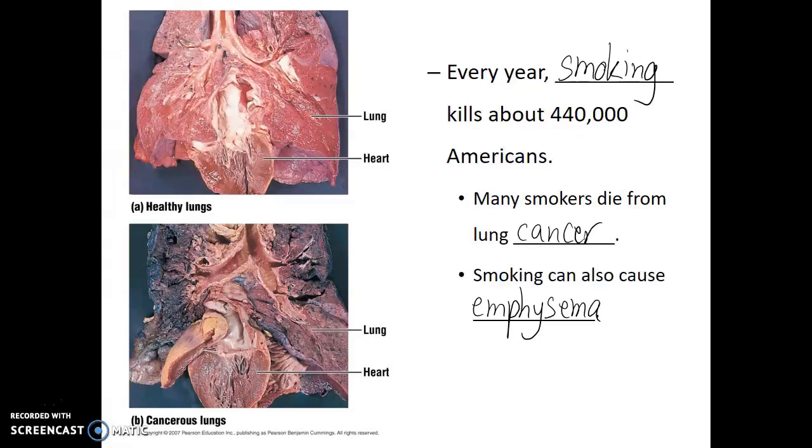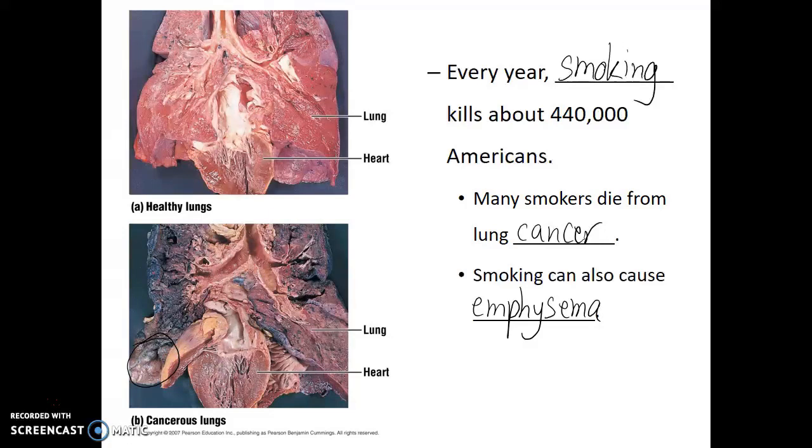Now here we see a pair of lungs and heart removed from an individual after their death. One of these individuals was not a smoker, and so the normal healthy lungs, these are what the lungs should look like. But another individual smoked regularly, and we can see the buildup of that black tarry material within the lungs. Now I can't say for certain that this individual died of lung cancer, but they definitely had lung cancer. These tumors down at the bottom are clear evidence of lung cancer. And while this person was alive, clearly they had reduced lung capacity because of the time they had spent smoking.